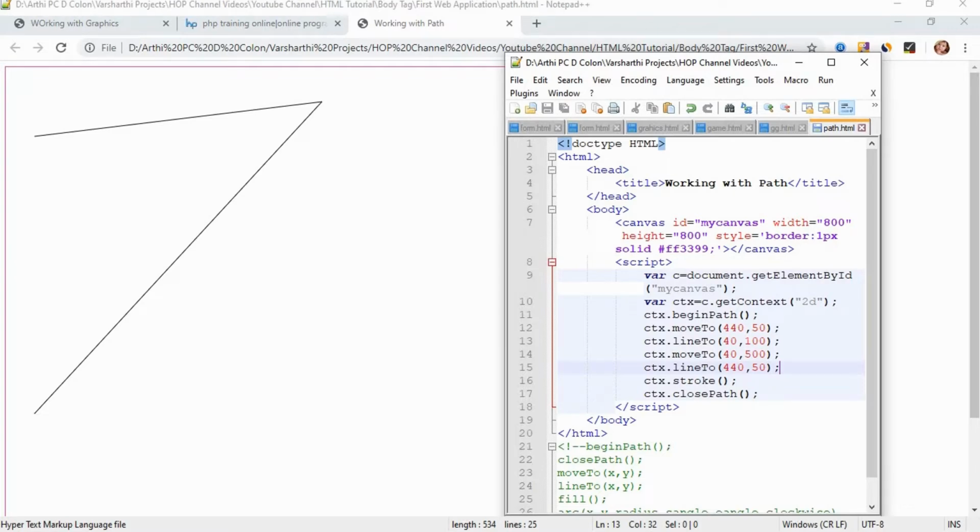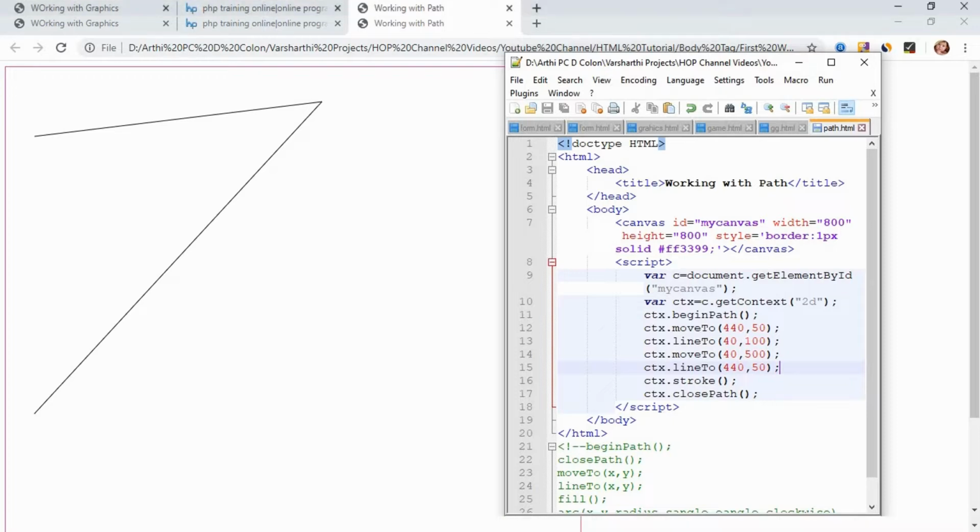So to create a triangle, we have to draw another two lines and match them with the exact coordinates so that our lines will look like a triangle, right? So for providing the exact coordinates, we have to provide them randomly, and depending on the output we get, we have to change our coordinates, right? Just look at our output. We have a line, then we have to add the second line, right?